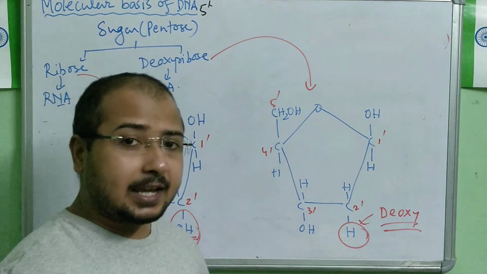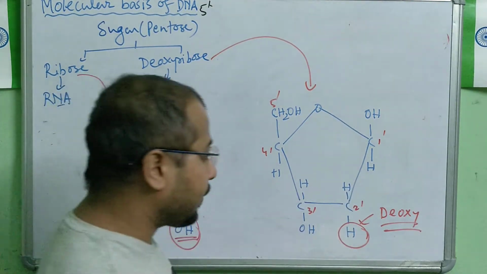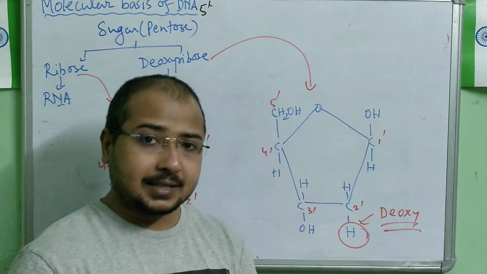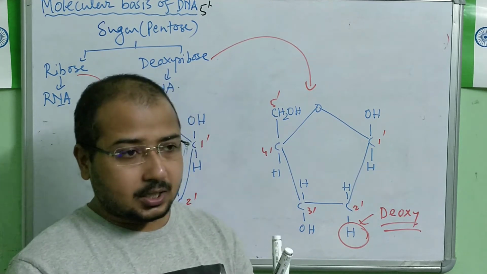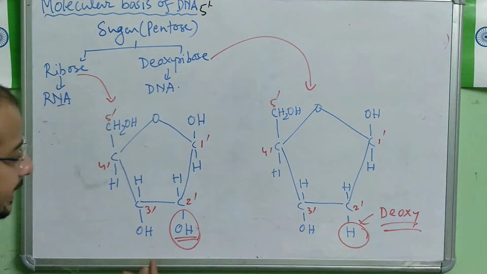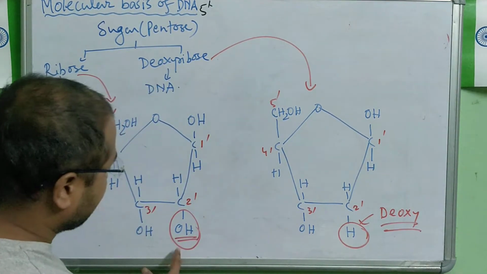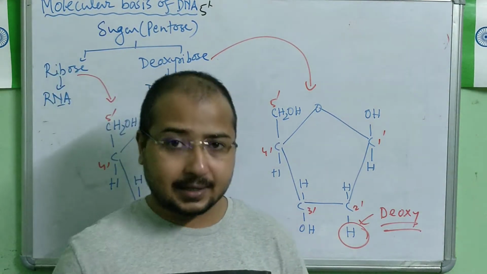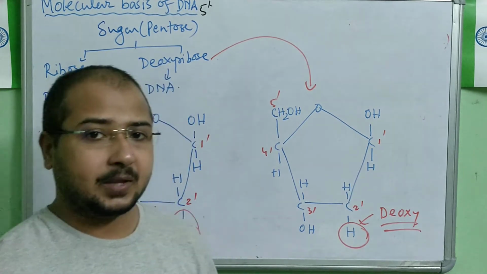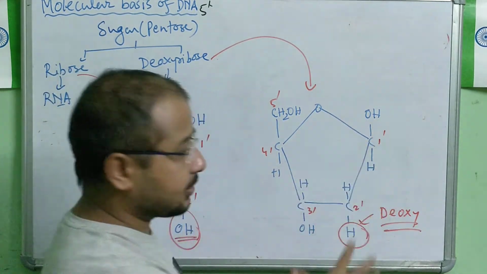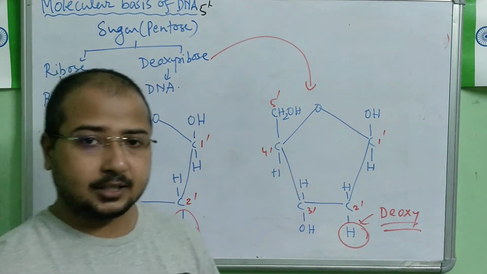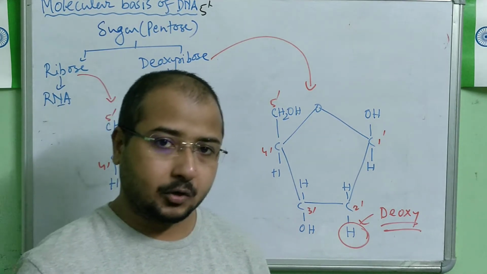Why? Because DNA has this deoxyribose sugar where the structure is very stable in nature, and that stability is advantageous for evolution. Whereas RNA is very reactive because of the hydroxyl group. RNA is also genetic material, but DNA is considered better because of the absence of the hydroxyl group at the 2' position of the sugar. So this is the logic.